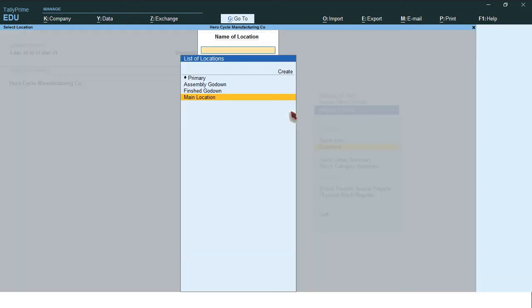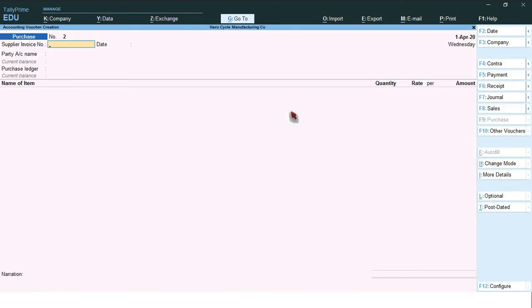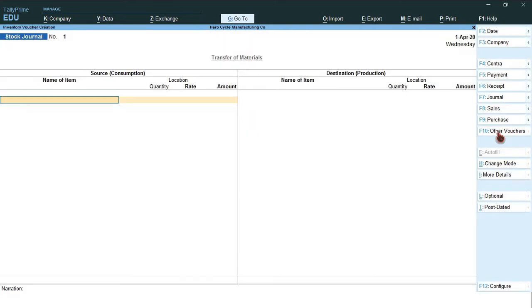Next move to gateway of Tally. Select voucher. Select other voucher or press Ctrl F10. So go to inventory voucher, select stock journal. Okay. So source, this is from Godown.